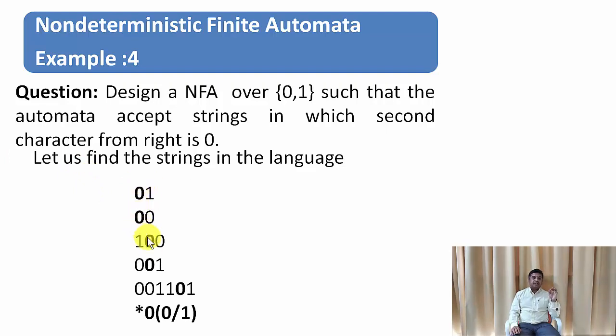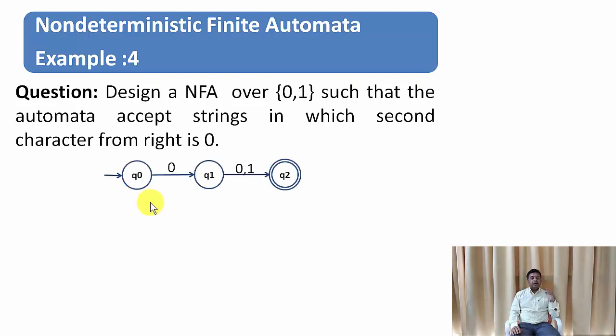The second character is 0 and the last character may be 0 or 1. And before this 0, it can be anything. So anything, then 0, and lastly we'll have either 0 or 1. So the minimum string length is 2, and for 2 transitions we need 3 states, and we can design it